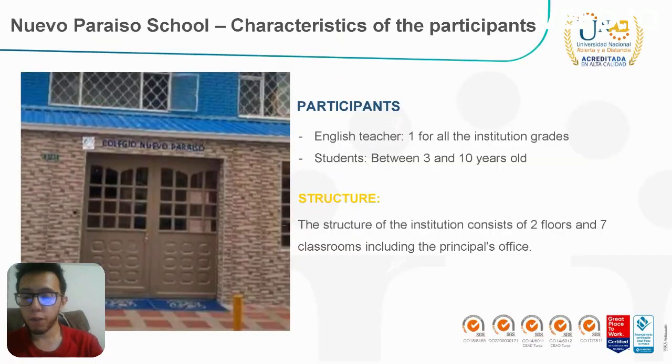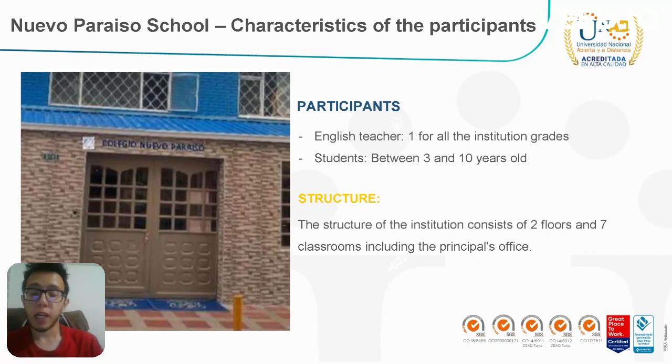The first thing that I want to talk about is the characteristics of the participants and the structure of the school. The name of the school is Nuevo Paraíso. And the participants are the English teacher, Carolina Maduro, who helped me a lot to develop the research project for all the institution grades. That means that in that school there is only one English teacher, and the students were between 3 and 10